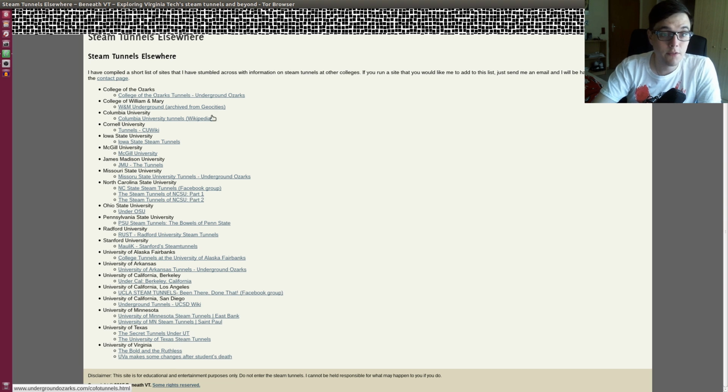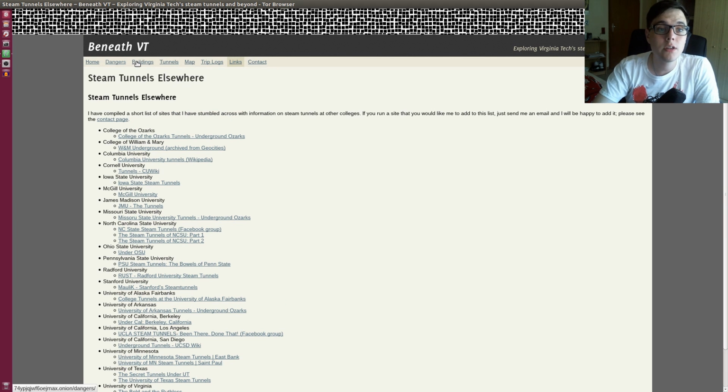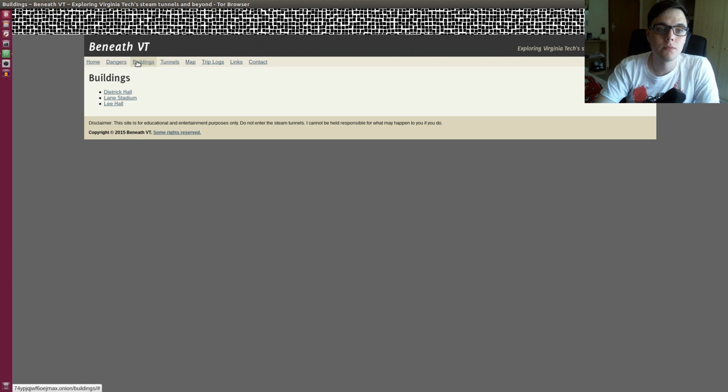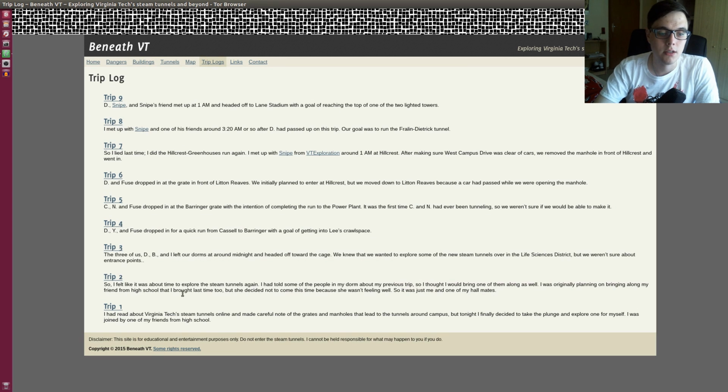But if you find this, you can go to some clear websites, which is pretty cool, and you can redo this, and it's pretty interesting. Like the trip logs, it's amazing. Trip 1. I had read about Virginia Tech steam tunnels online, made careful note of the grades and manholes that lead to the tunnels around campus.